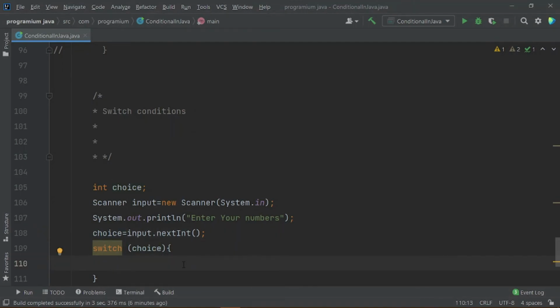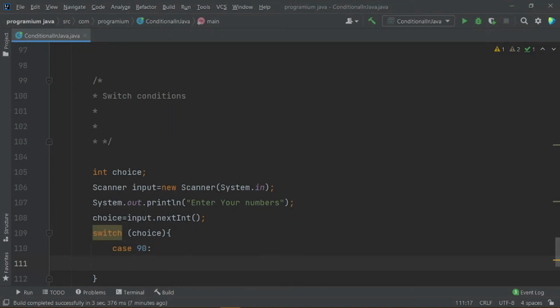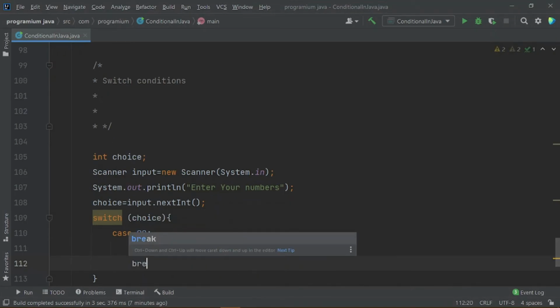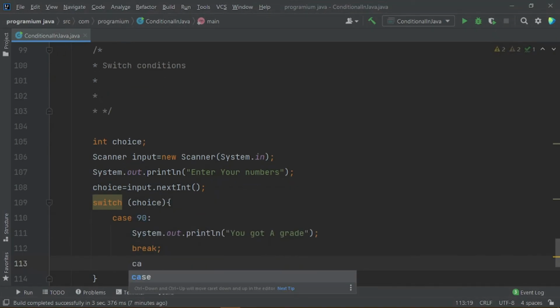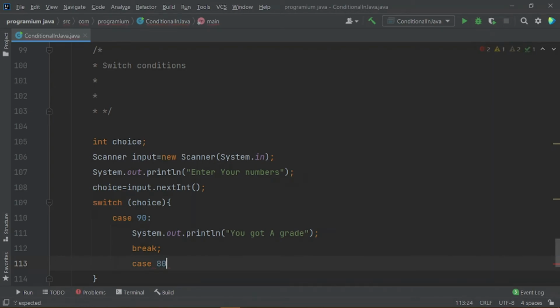There are cases in switch conditions, so I will write here case, and what should be the case? If the user enters 90, then press a colon and enter. Here we will print, you got A grade. After that we have to use break here. Again I am writing case here, case 80, and colon.